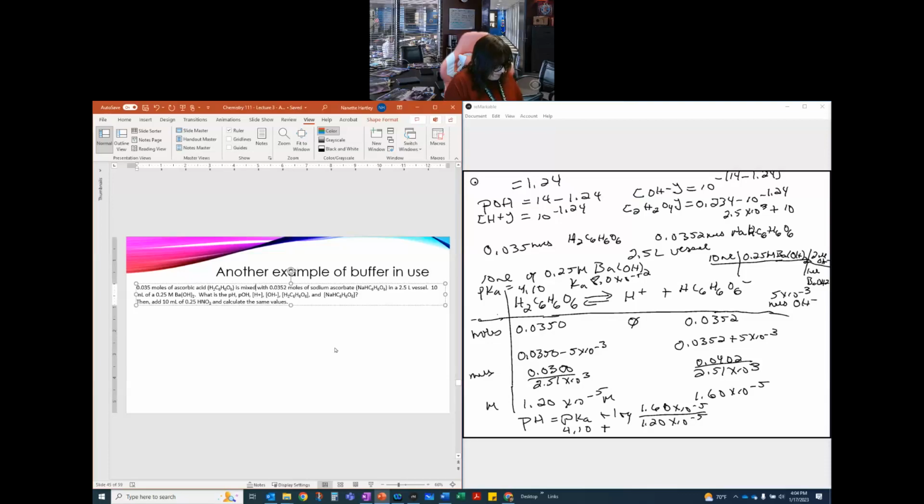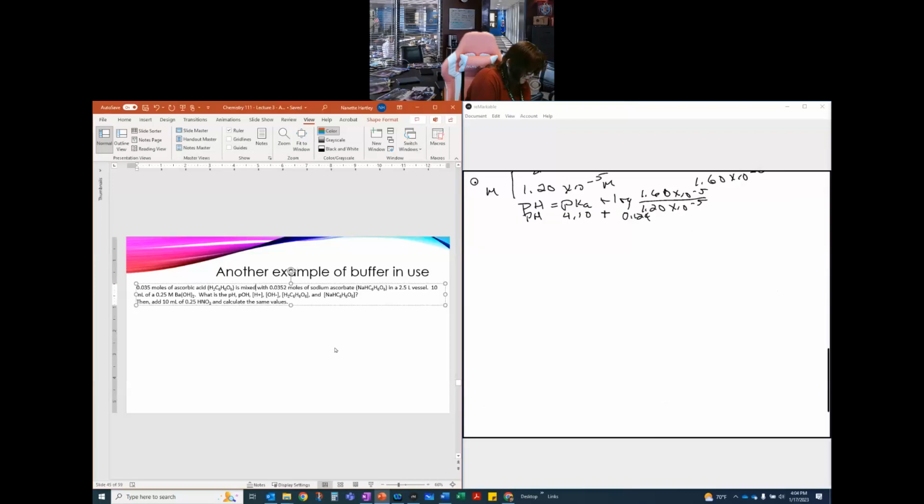We divide that by 1.2 times 10 to the minus fifth, and then I take the log of that term, and it gives me 0.124. I add that to the 4.10, and so my pH is equal to 4.22